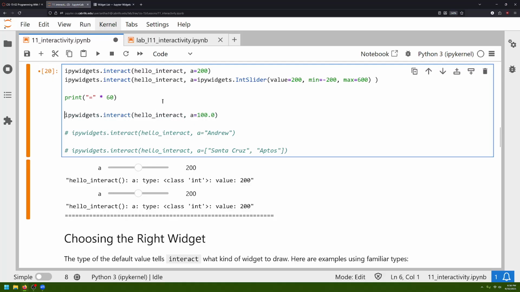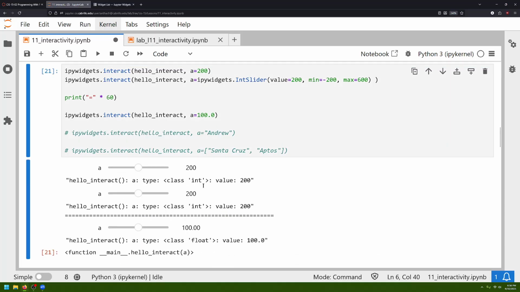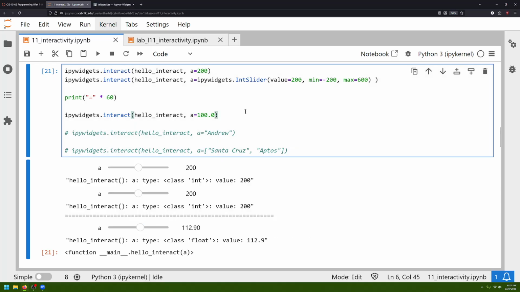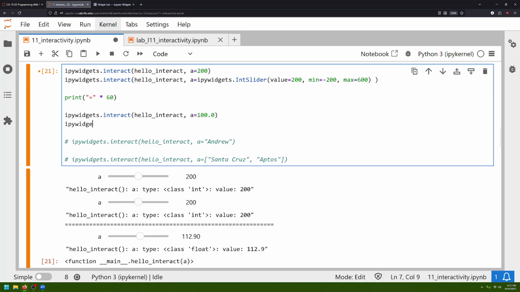Okay, so the next one we saw was a float slider. Right, this is different from an integer because there are decimals. So the float slider here, let me press play, is right here. Right, it's starting at 100, and let's see its upper and minimum. So the upper is at 300, the minimum is at negative 100. So the equivalent way, the more manual way we can represent this